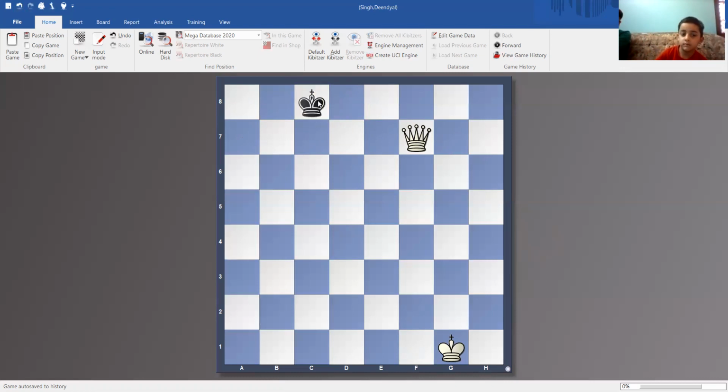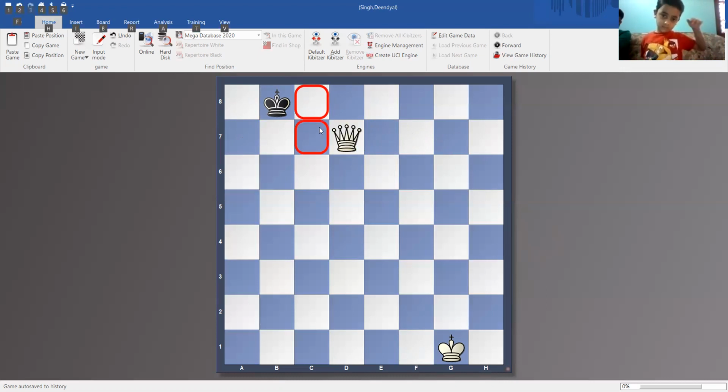So you will go there, and now I will not give you any check till the end. I will just come one step closer, again controlling these two squares. And again you are forced to go to b8. And now again I will play d7, again controlling these two squares. You have only one move, a8.